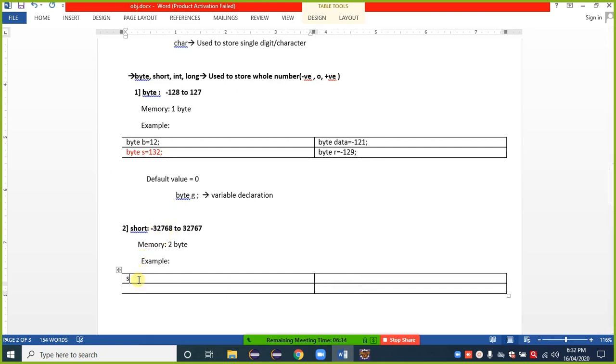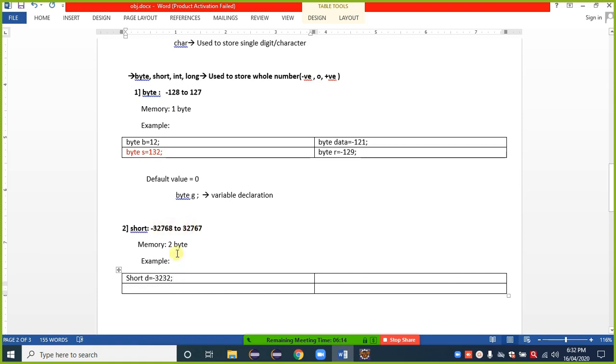For short, we can give any variable name, and I give the value minus 3260. We can easily store that value inside a short, because it lies within this range.